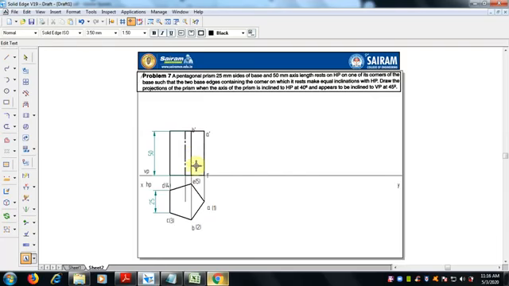B dash is visible, and E dash is in brackets, no need for confusion. Let us finish A, B, C, D, E first. C dash is visible, and D dash is hidden.